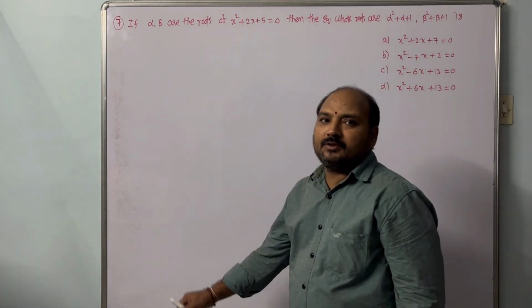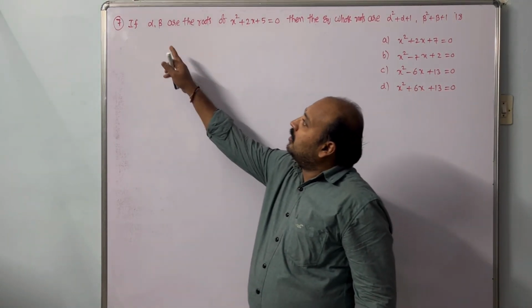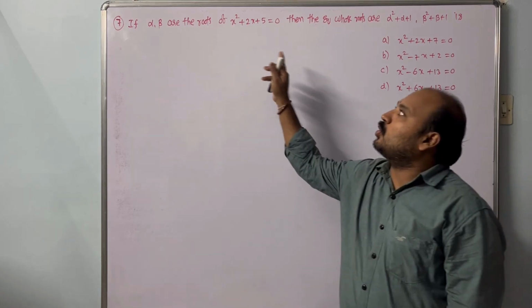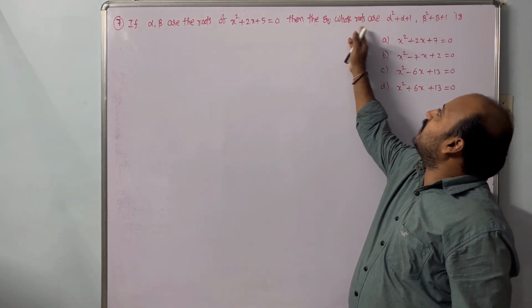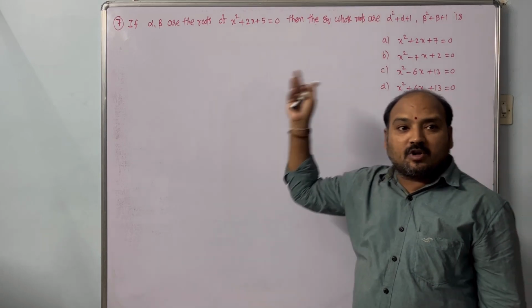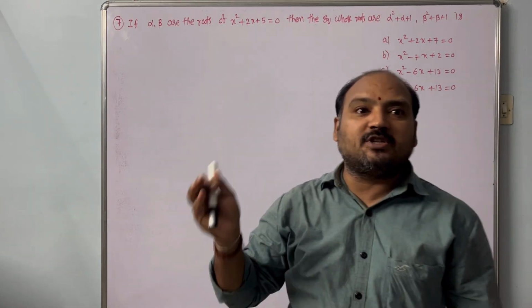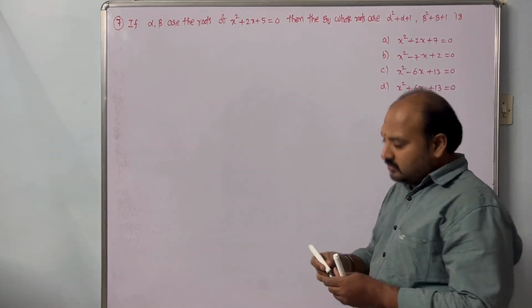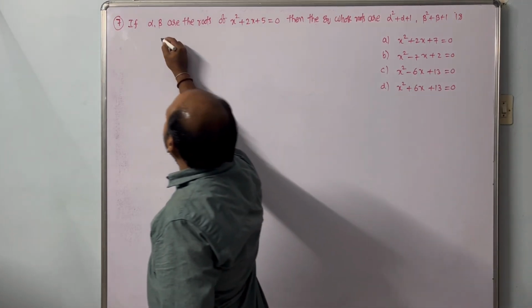The next question. If alpha, beta are the roots of this equation, then the equation whose roots are alpha square plus alpha plus 1, beta square plus beta plus 1 is. Options are given. So first,